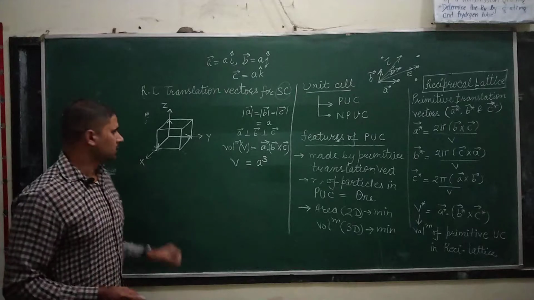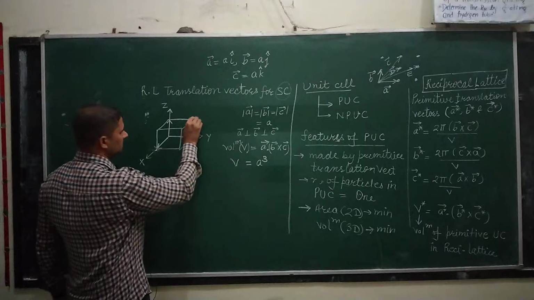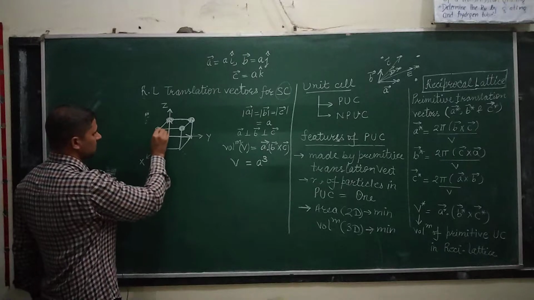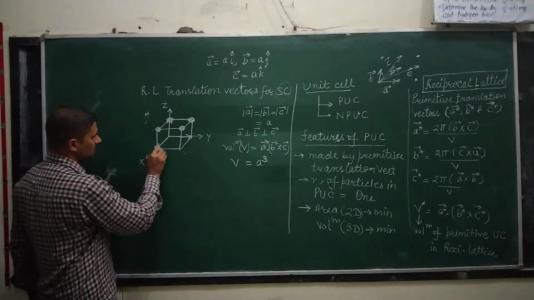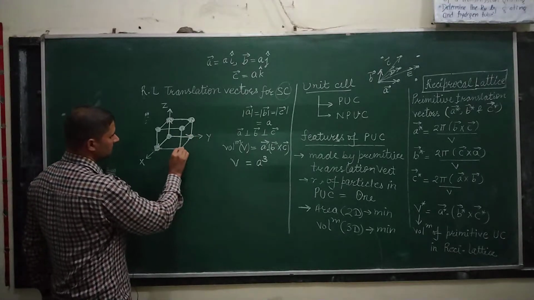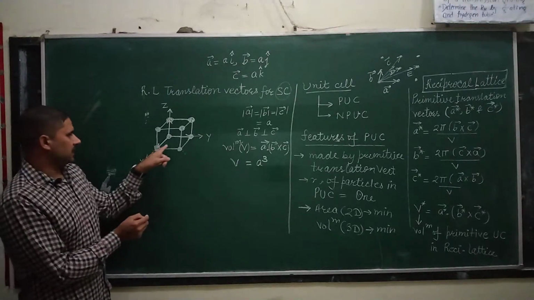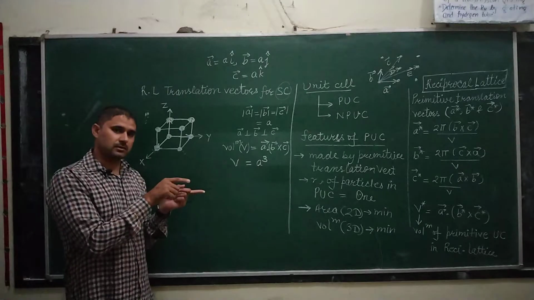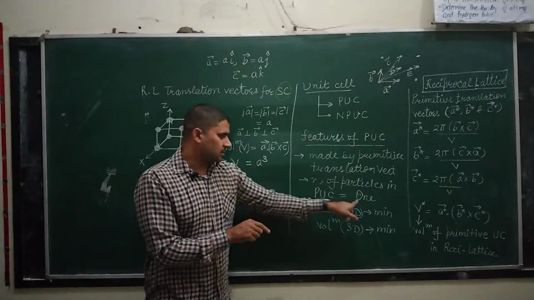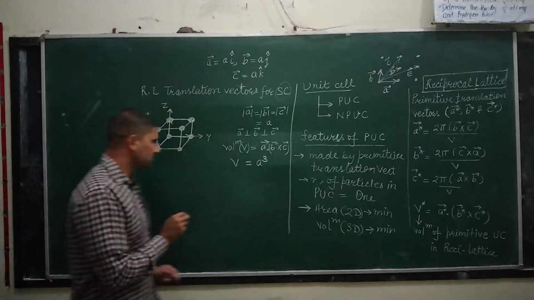be A cube. Now see, where particles are present in simple cubic, the particles are present at the corner only. So I am putting the particles on the lattice positions. Here you can see the particles are only at the corner. Now we will see that if vectors A, B, C, these primitive vectors, form a primitive unit cell, then the number of particles must be unity. And this will be the minimum volume occupied by the unit cell.